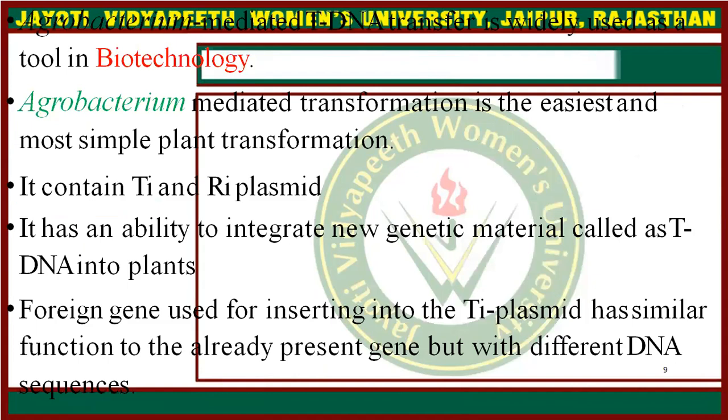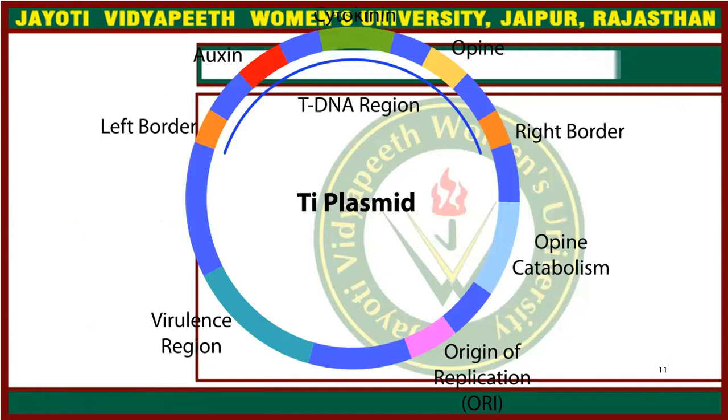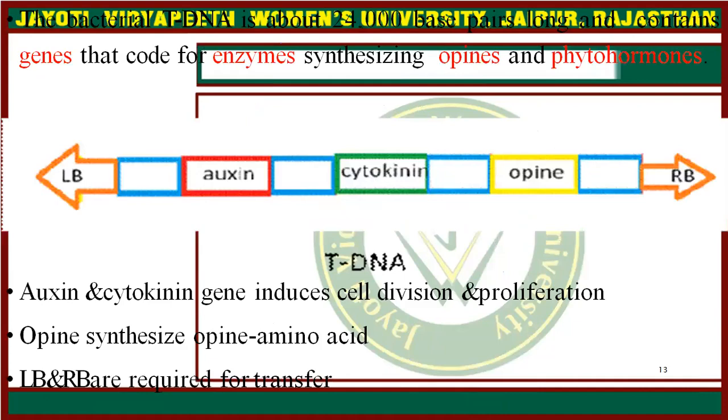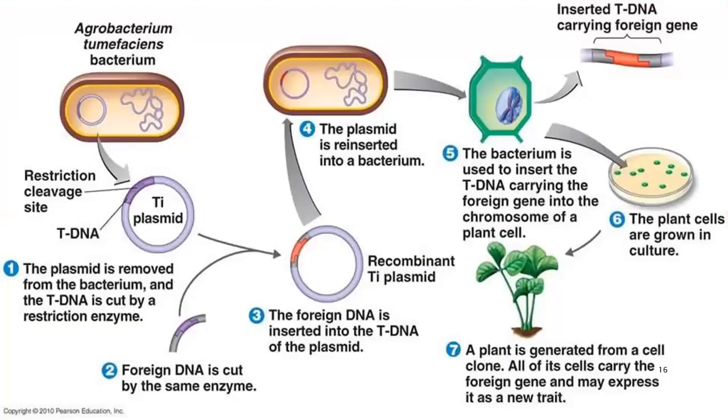And this is the Ti plasmid, in which we can do the genetic engineering and transfer our target gene of interest, and then this Ti plasmid can go into the plant cell. This is a flow diagram where you can simply see the Ti plasmid of Agrobacterium tumefaciens, and this is our gene of interest. We can incorporate the gene of interest into the Ti plasmid.